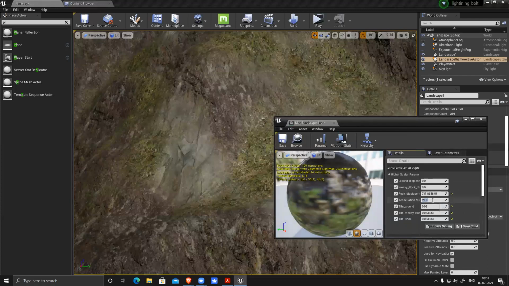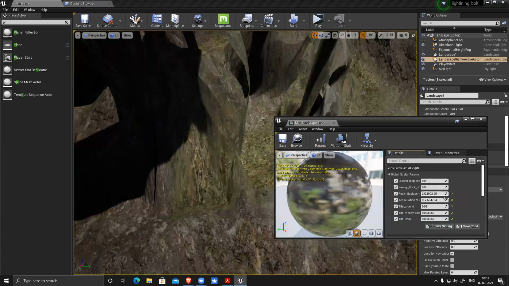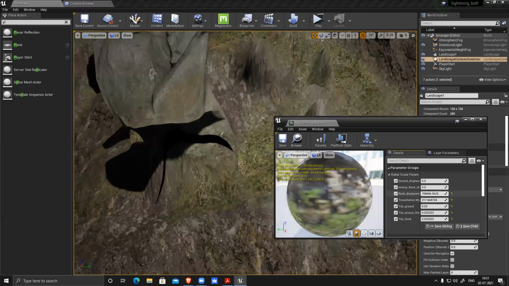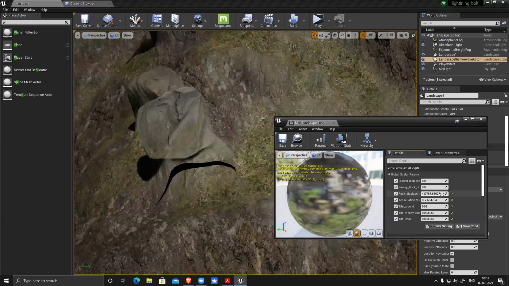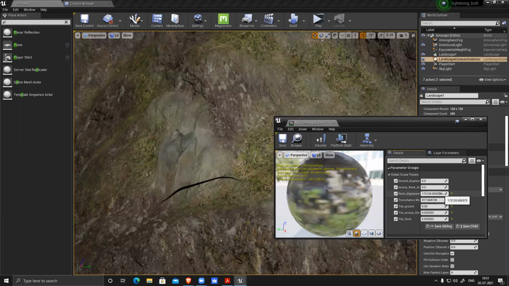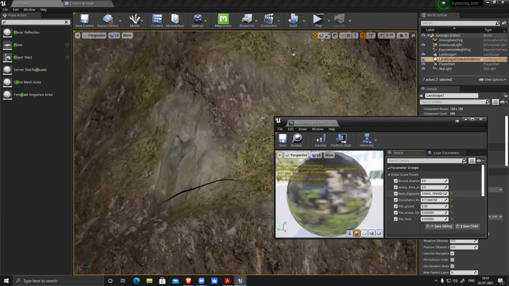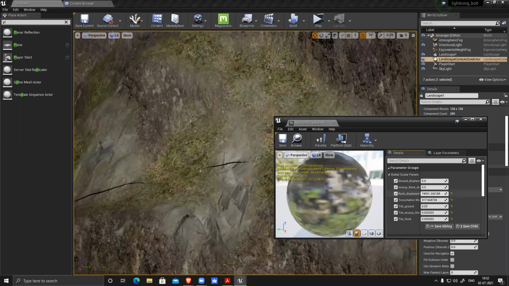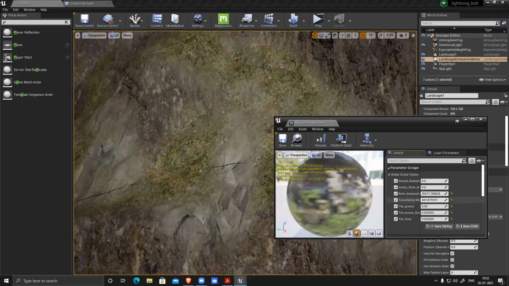So tessellation, I have to increase. See, too much. It's creating cracks.